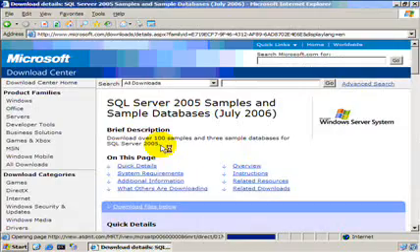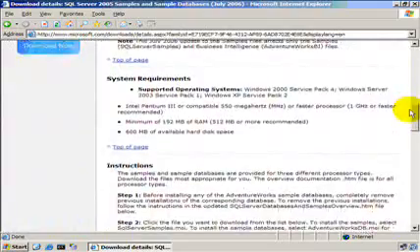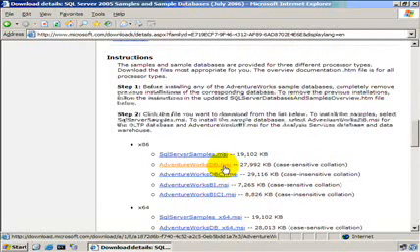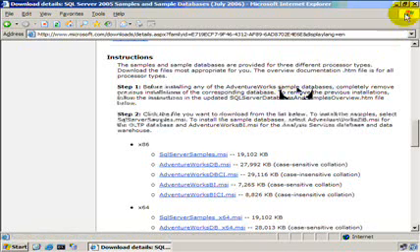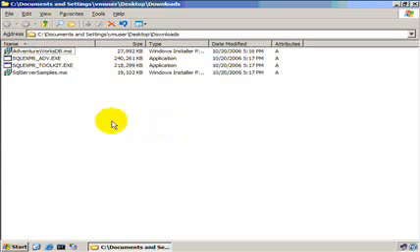This will give us the data that we can use for the examples that we'll go through in this and the next video. So first you'll want to download the AdventureWorks db.msi. This will give us all the data, and then the SQL Server samples.msi will give us some example reports that we'll also look through, and those will use the AdventureWorks database. Now, I've already taken the liberty of downloading these files for brevity's sake, and so let's start the installation process